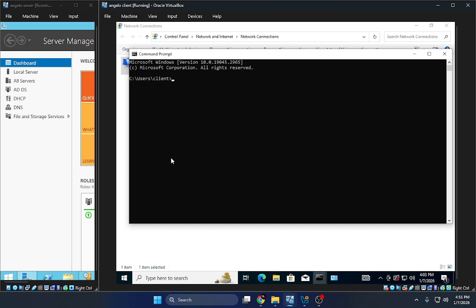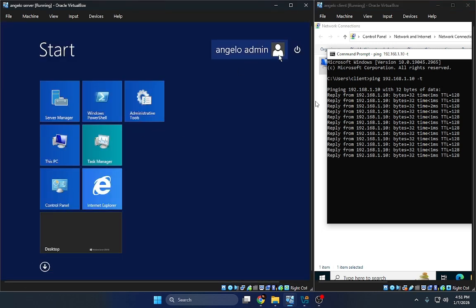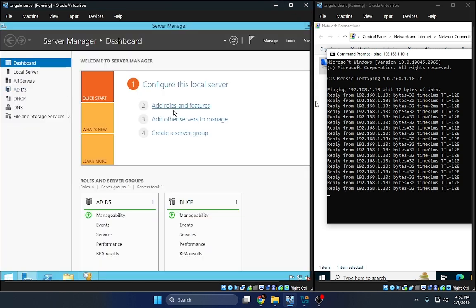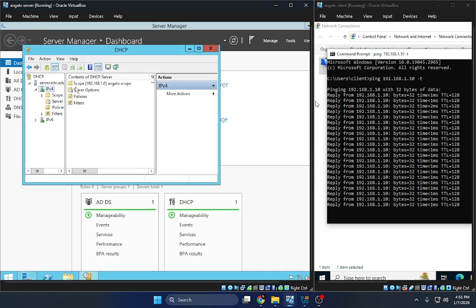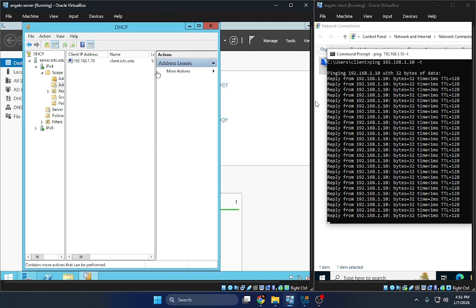And test the connection with ping. Now I test the client can reach the server. On the client, I run the ping 192.168.1.10 and I see replies, which means the client and server can communicate. If ping fails, I check the firewall settings, allowing ping and checking the firewall. If needed, I open the Windows Defender firewall and either allow ping through firewall rules or temporarily turn off the firewall for testing. Once ping is a success, now we can proceed.